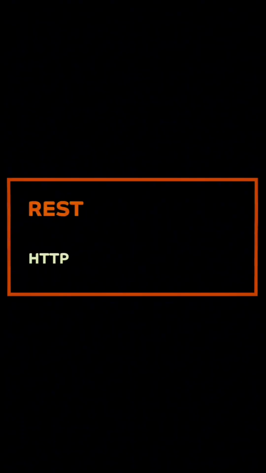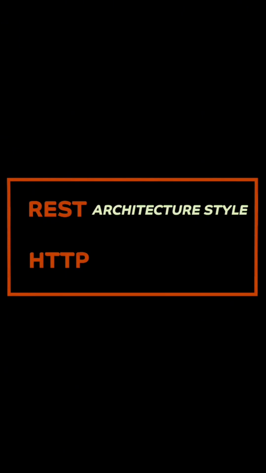Oftentimes, the terms REST and HTTP are used interchangeably. However, REST is an architectural style for distributed systems, and HTTP is one type of network protocol that is a set of rules for formatting and processing data. While it is not the same as REST, it exhibits many features of a RESTful system,